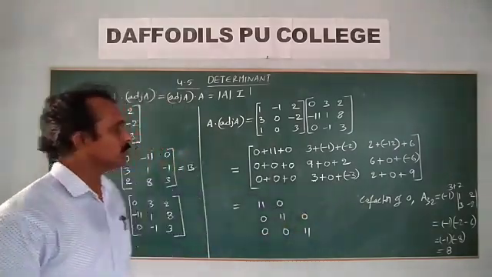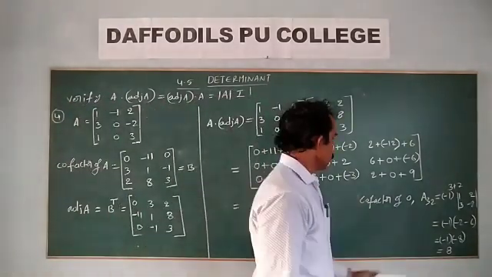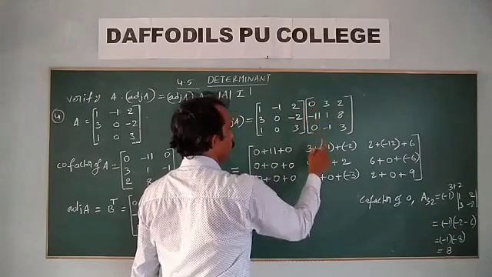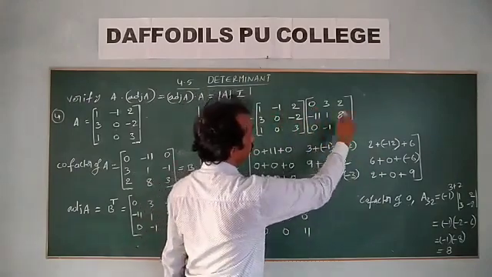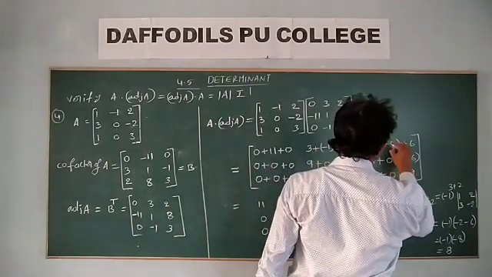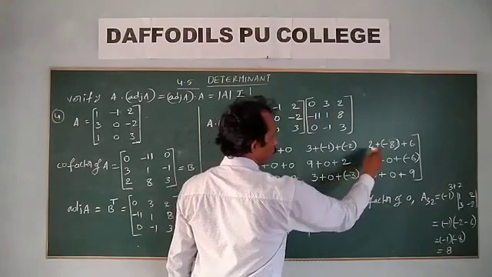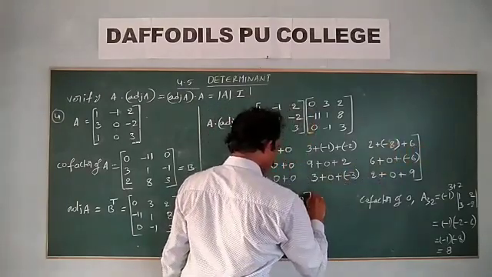So be very careful. Take these cofactors right: 8. So, once right, 1 into 0. Last element, 1 into 2, 2. Minus 1 into 8, minus 8. 2 into 3, 6. Now 2 plus 6 is 8, 8 minus 8 is 0. So this value is 0.